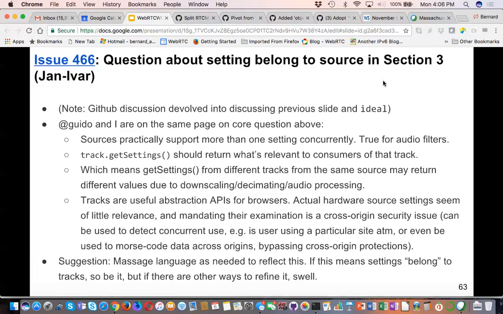Yeah, so unfortunately, I don't have a great answer for this one. I have reviewed this many times, and there's something about it that bothers me that I have not been able to come up with precisely what it is. I agree that settings belong to the track. But unfortunately, with multiple tracks, some browsers may want to coordinate what's happening in multiple tracks when they choose to configure the settings. I suspect that thing applies.